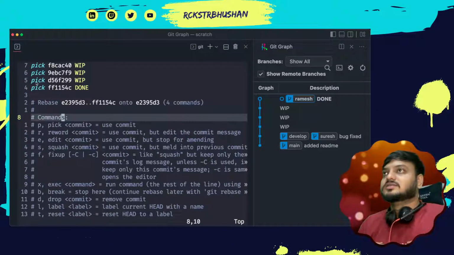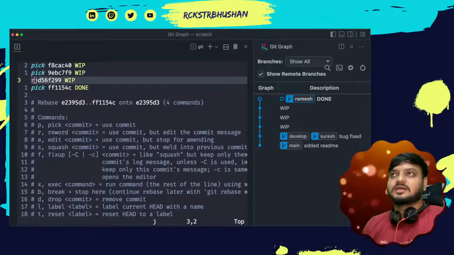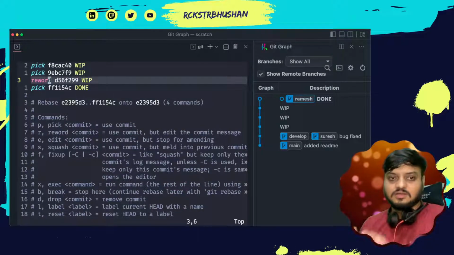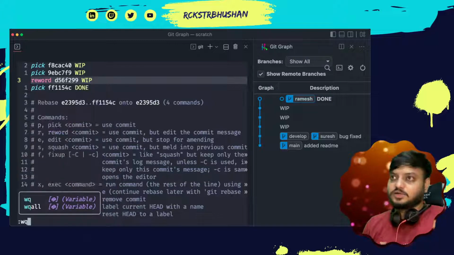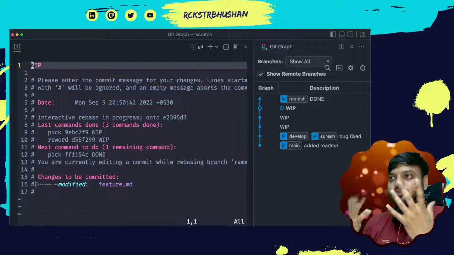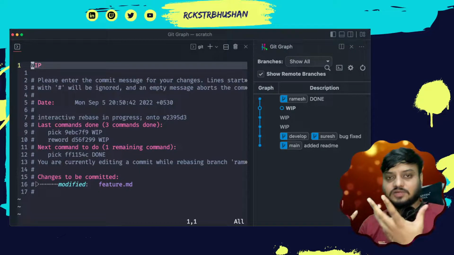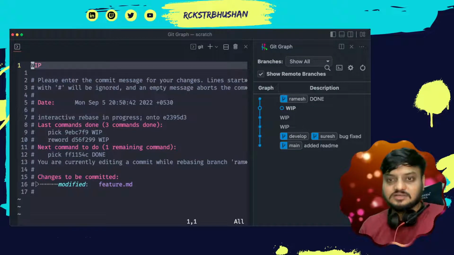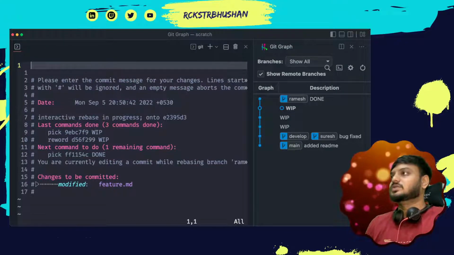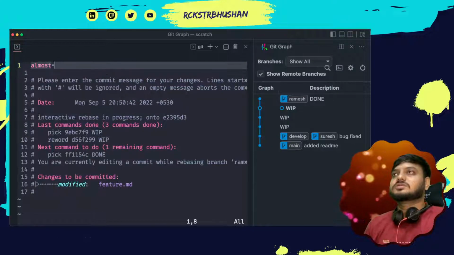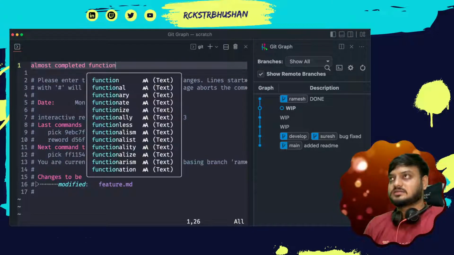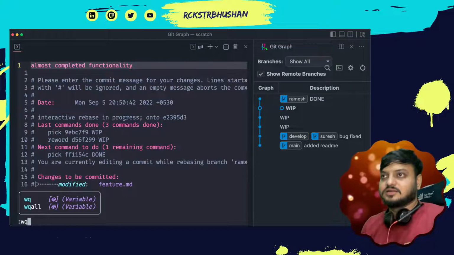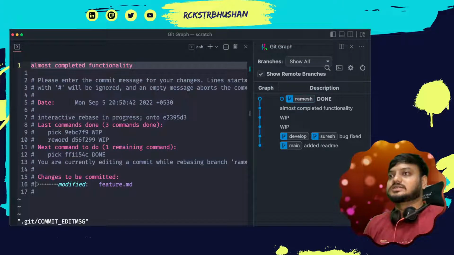So I want to rename it, right? So let's say this commit I want to rename. I can simply put r here or simply type the full word, reword, right? Both are fine. Now I'll save it and quit it. Once I save it and quit it, you can see here again I came into a new terminal, and here I have the chance to actually change or rename this commit. So let's do it this way: almost completed functionality. Like I have added this message, and :wq means save and quit. So once I save and quit,